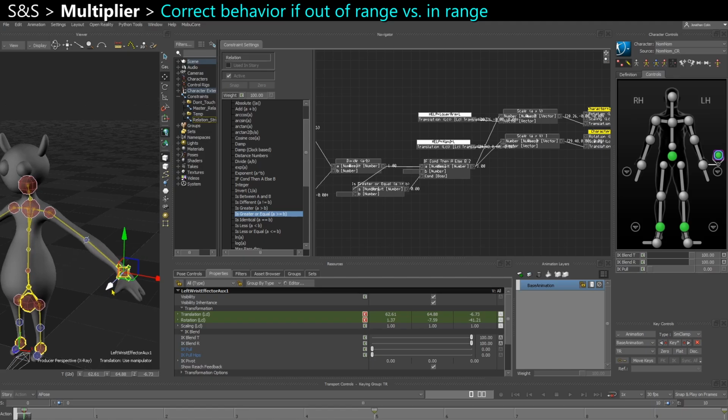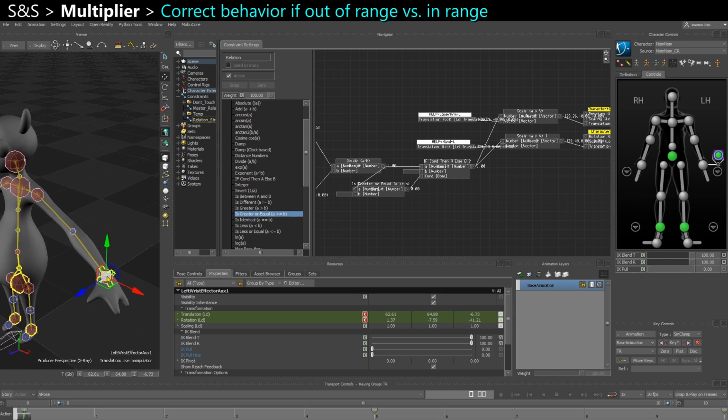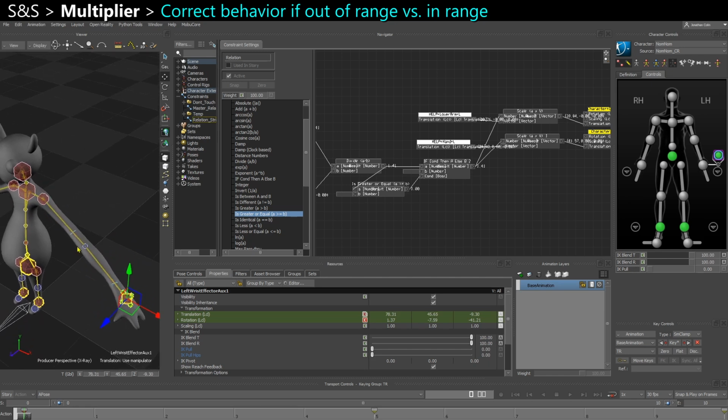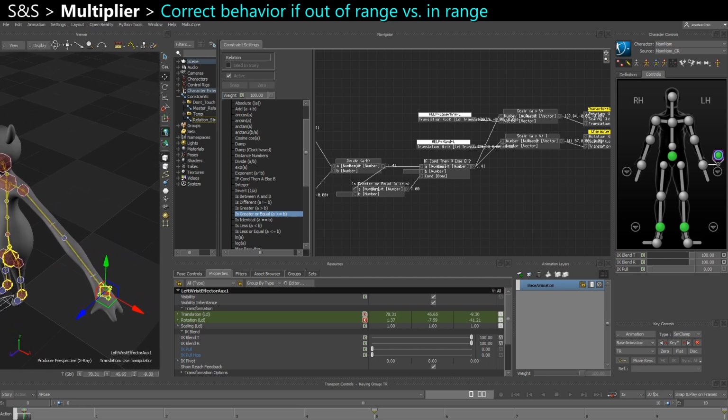Now I propose we add a nice little feature where maybe you would want to artificially lengthen the arm. For example, if it's out of range like this and it stretches, maybe you want to extend the length to make it longer to regain a little bit of bending. Or vice versa, if we're shorter, maybe you want to reduce the length of the arm to make it so it has a tiny arm like this that doesn't bend. You know, just if you want to have more control over the